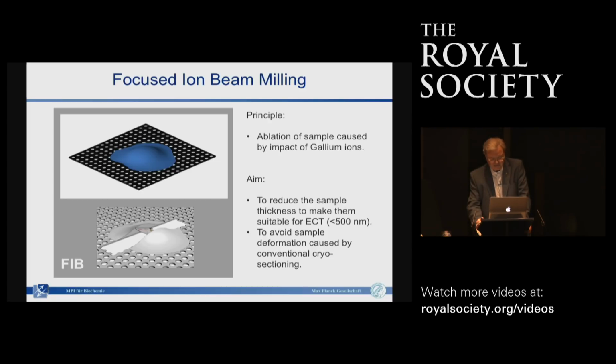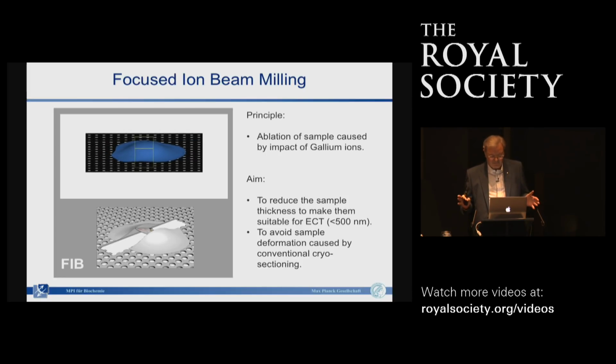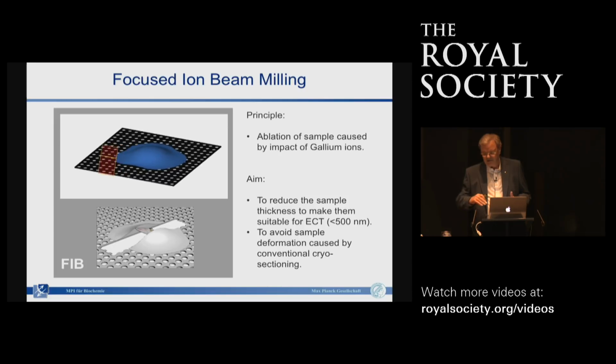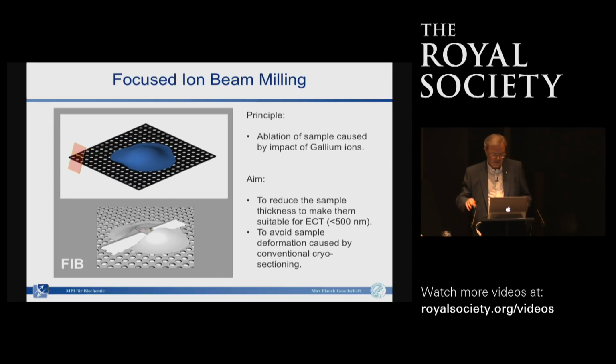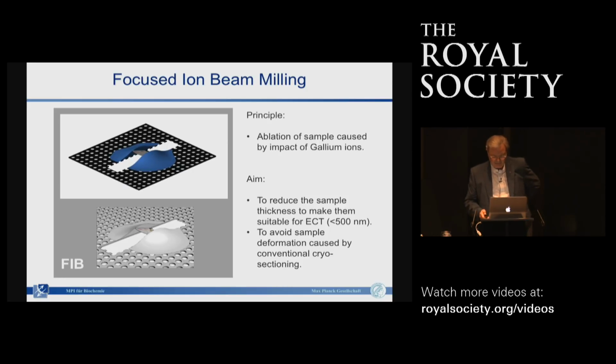And so we can use that method to cut, we can apply various different geometries. We can cut a kind of a ramp or a wedge. But I think the approach we are using mostly is the one shown here, that we ablate material from above and below. So leaving behind essentially a thin lamella that is supported only by the surrounding ice. So we typically cut lamella which have a thickness between 200, 300, 400 nanometers, depending on what we want to